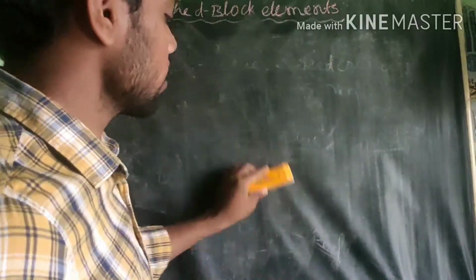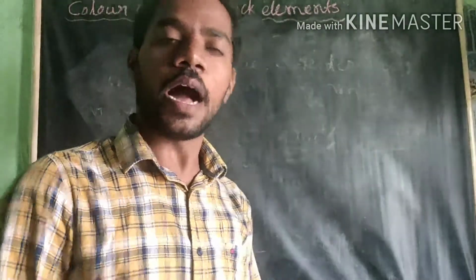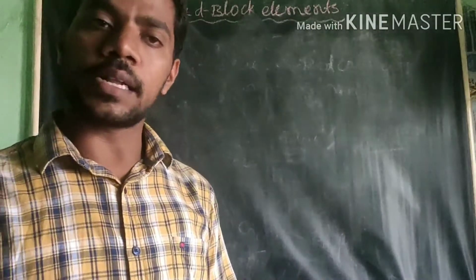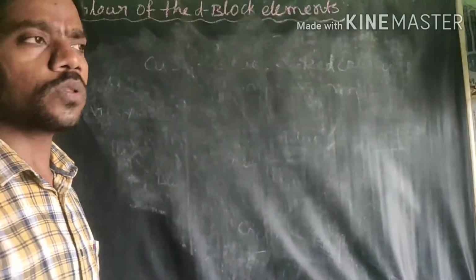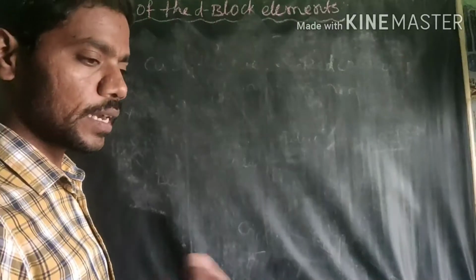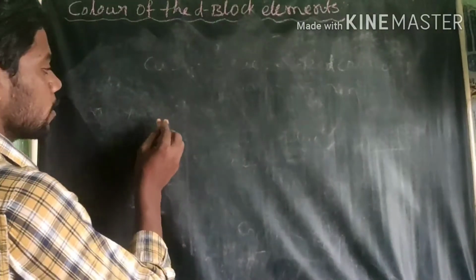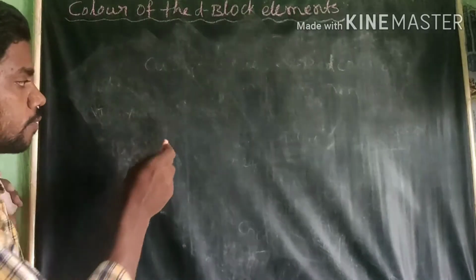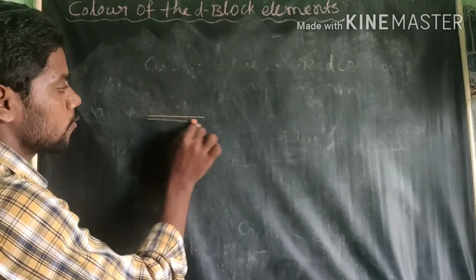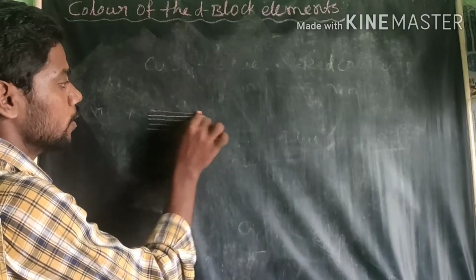This color is due to all d block elements having an unpaired electron or valency electron, dear students. Next, what is the mechanism? How, in d block elements, does the splitting of electrons and transfer of electrons happen? You see here, d electron, d orbital. How many d orbitals are there? There are 5 valency orbitals.